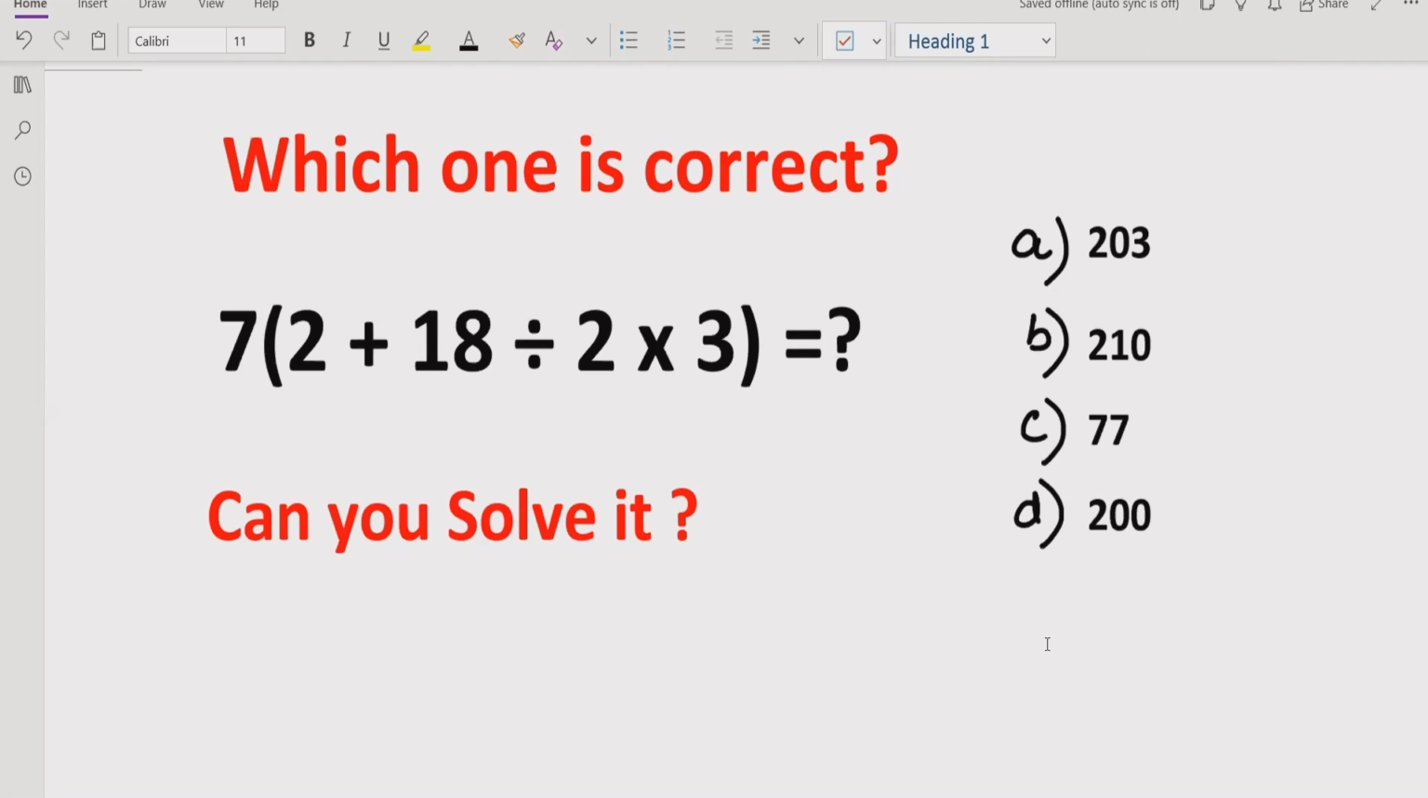Today we will learn about another quiz related to the PEMDAS and BODMAS method. We will see how we can solve this expression and how we get the